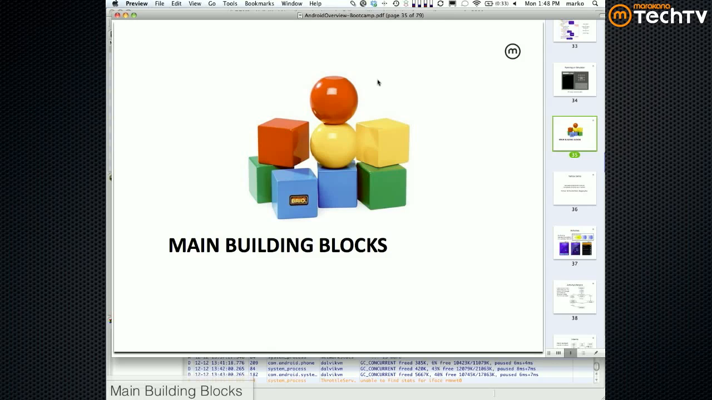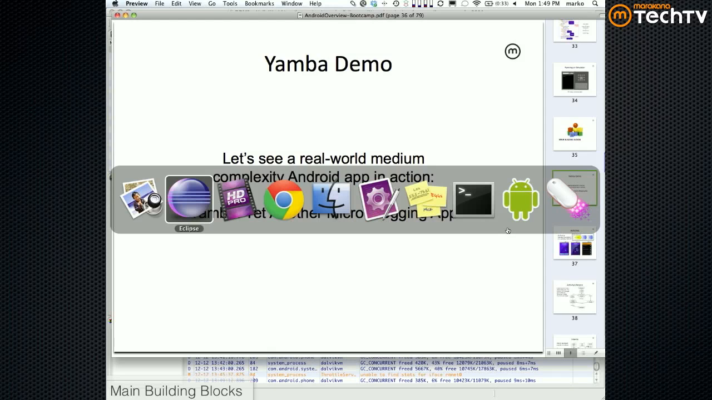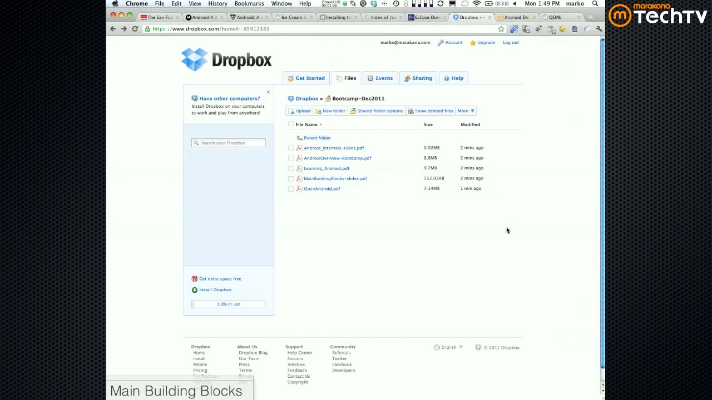Now, to explain what it is, first I'm going to show you an app that I have here. It's called Yamba, and Yamba basically stands for yet another microblogging app. So that's the acronym. And I'm just going to use it in the context of explaining what it is. So, Yamba is actually available on